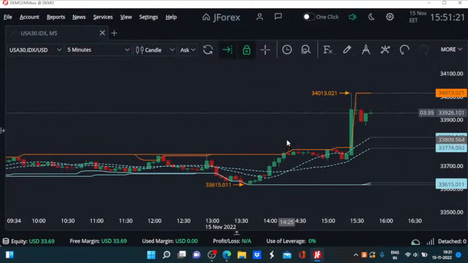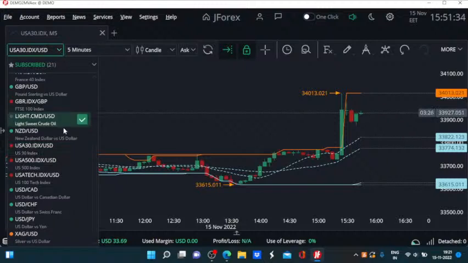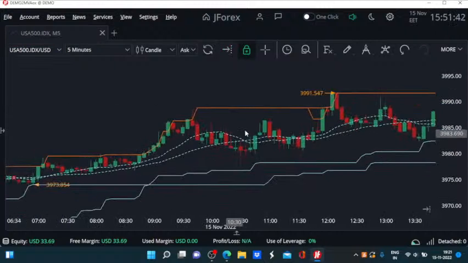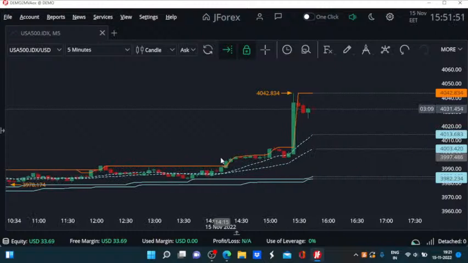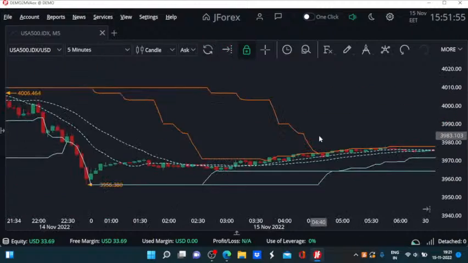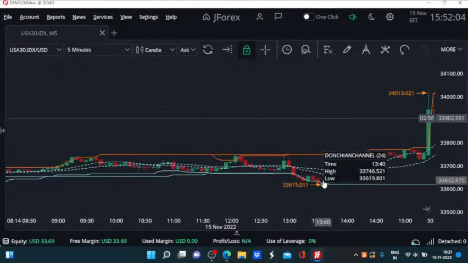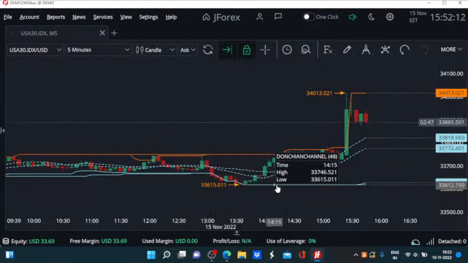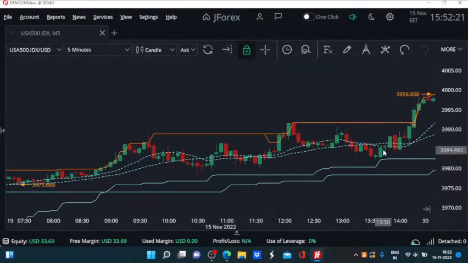So here the case is clearly in favor of the bulls. That is something we have to keep in mind. And when it comes to figuring out which instrument is likely to have a higher probability of getting the assessment right, we do have to take into account the relative and correlation data. So for the S&P 500, the momentum seems to be much stronger on the bullish side compared to the Dow Jones Industrial Average. So here we had the Dow correct, and from there it went on to make these 4 hourly highs. And for the S&P 500, the correction didn't really unfold. It corrected, but the correction was rather